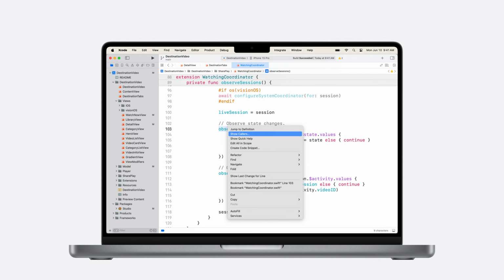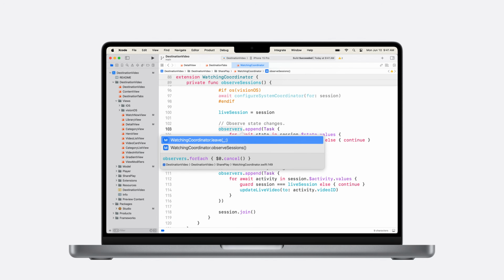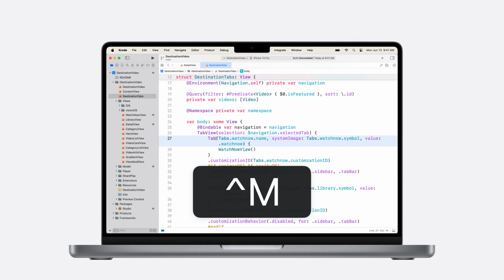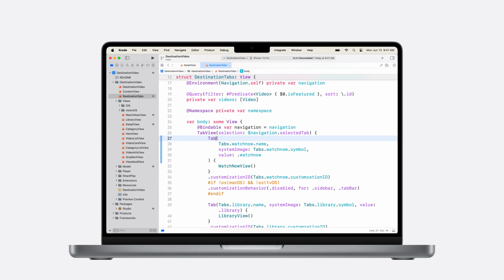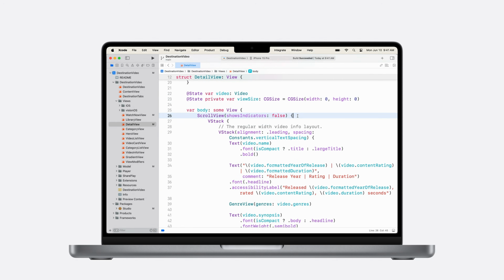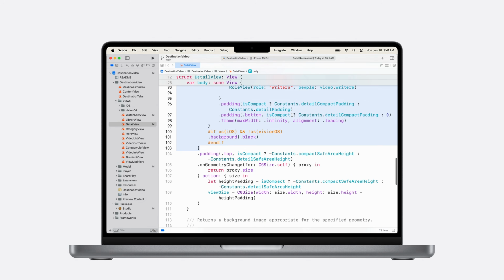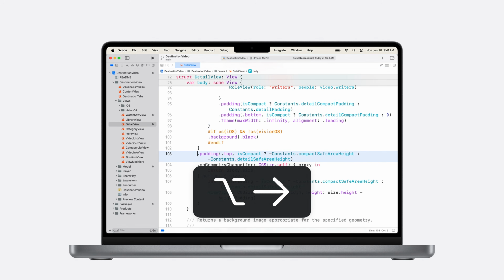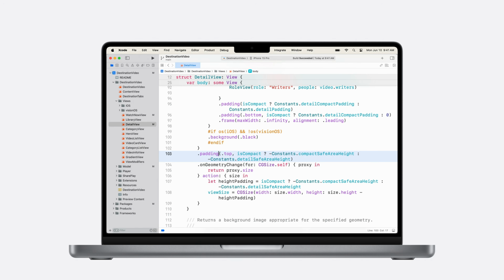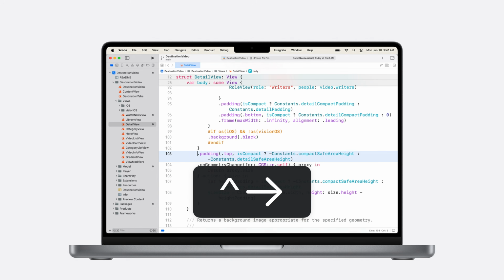You can see all of the callers for the current function by selecting Show Callers when you right-click. If a function call is running on, try Control-M to reformat it to many lines. Trying to figure out where a matching paren, bracket, or quote is? Double-click on one side to jump to the other. You can use Option and the arrow keys to move by word, and also use Control with the arrow keys to move by subword. And Command Left or Right is helpful if you're familiar with pressing Home and End to move to the beginning and end of the line.